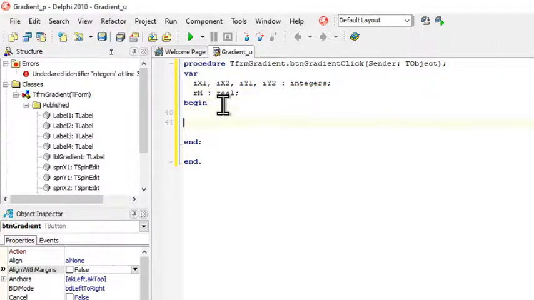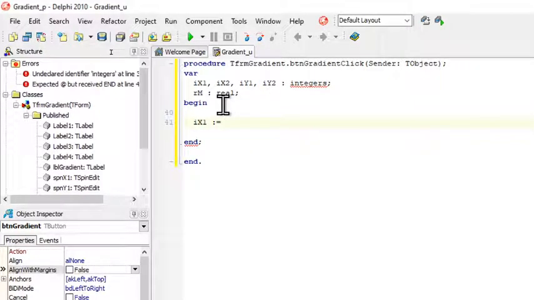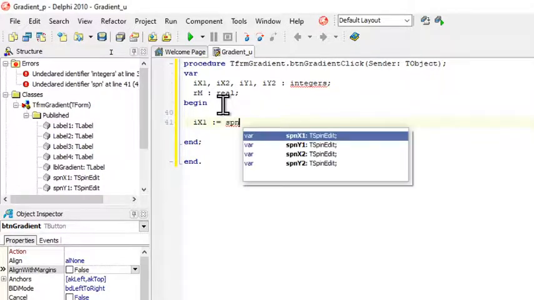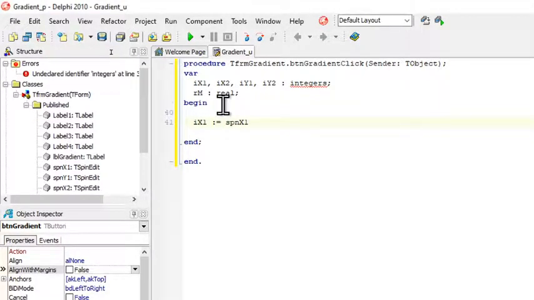So now we have to initialize our values. So ix1 comes from the spin edit. So no, we don't need to do any casting, because the spin edit has a value property that I can name. So edt, spin edit, and they actually named them incorrectly. So spin edit is not supposed to be, it's actually supposed to be sed, but it doesn't allow me that. So I think they called it spin x1 dot value